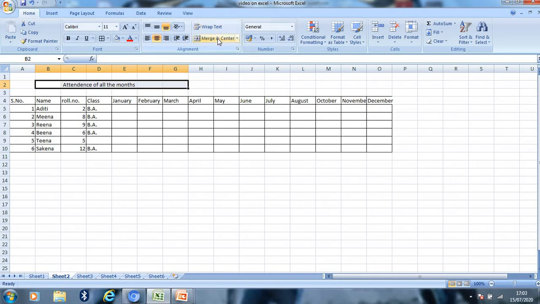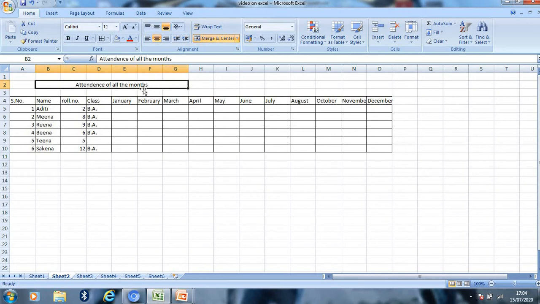And then press merge and center. By pressing merge and center, all the cells which I have selected get merged, and the content which I have typed in the cell is centered to the merged cell.